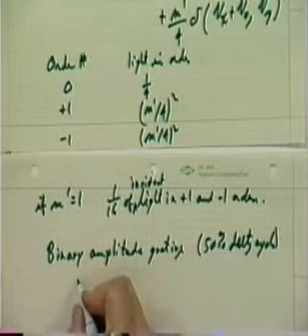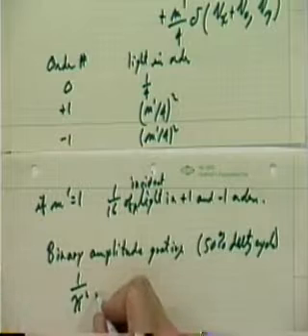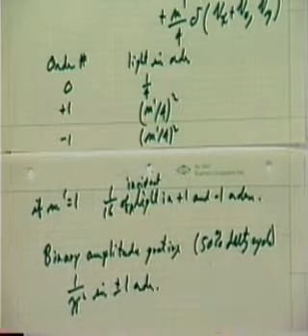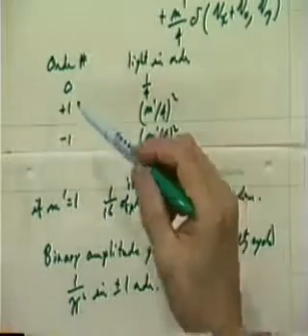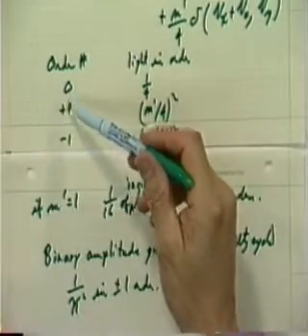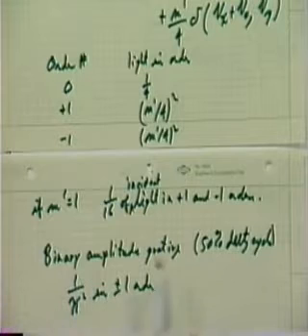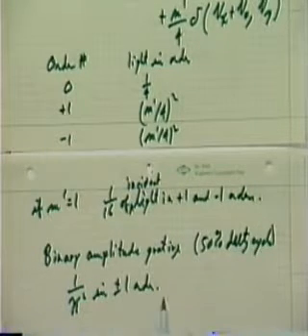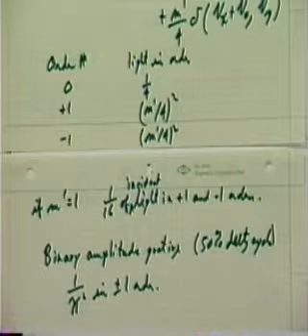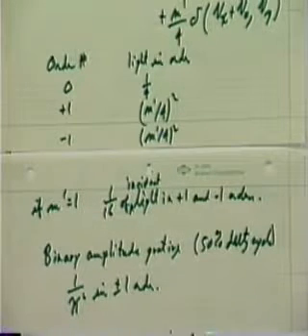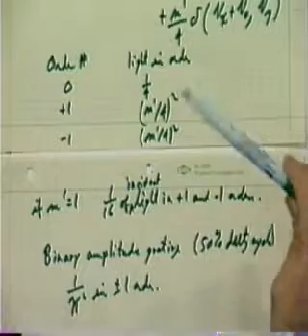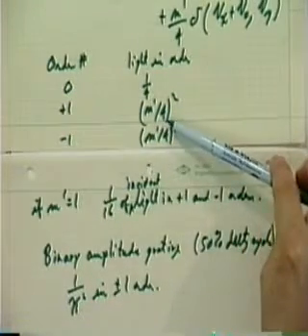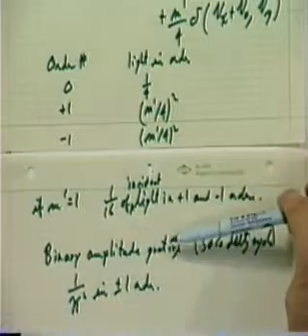We get 1 over pi squared in the plus or minus first order. Now, with a sinusoidal grating, we're getting only the 0 order and plus or minus first order. With a binary amplitude grating, we're getting a lot of orders. Okay? And so your guess might be, at least my guess would be, that we would get more light in